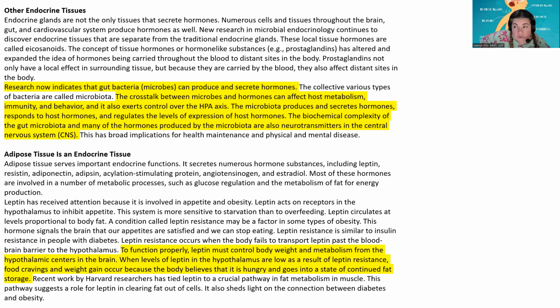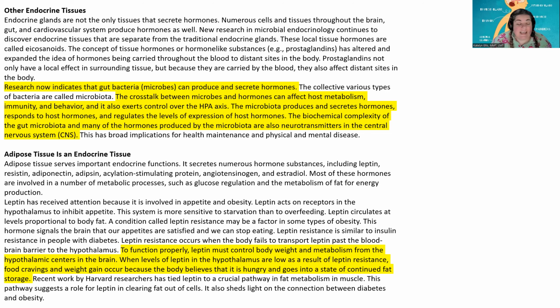It also exerts control over the HPA axis that we just talked about, that hypothalamus, pituitary, adrenal axis. All right. The microbiota produces and secretes hormones, responds to the host hormones, and regulates the levels of expression of the host hormones. The biochemical complexity of the gut microbiota and many of the hormones produced by the microbiota are also neurotransmitters in the central nervous system. All right. Another cool thing,